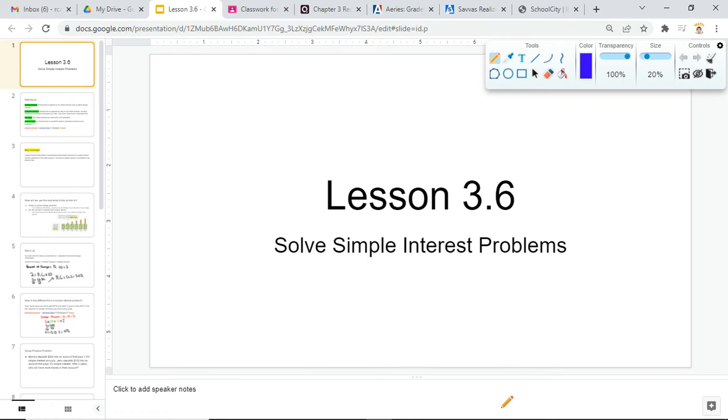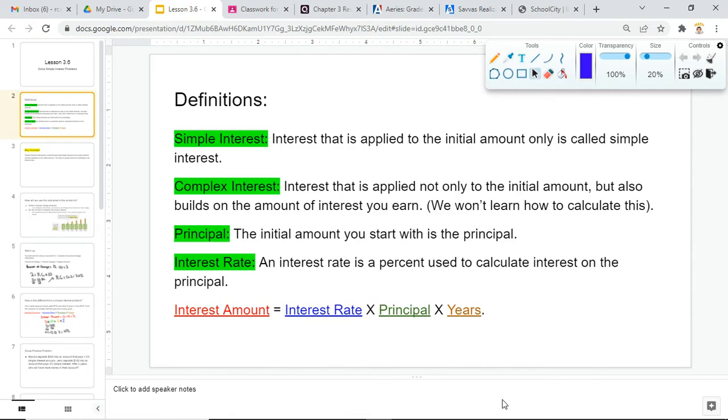Class, today we're going to go over lesson 3.6, and what lesson 3.6 has to do with is how to solve simple interest problems. So you might be wondering, what is simple interest? What am I talking about here? Simple interest is interest that is applied to the initial amount of money, and that's only the initial